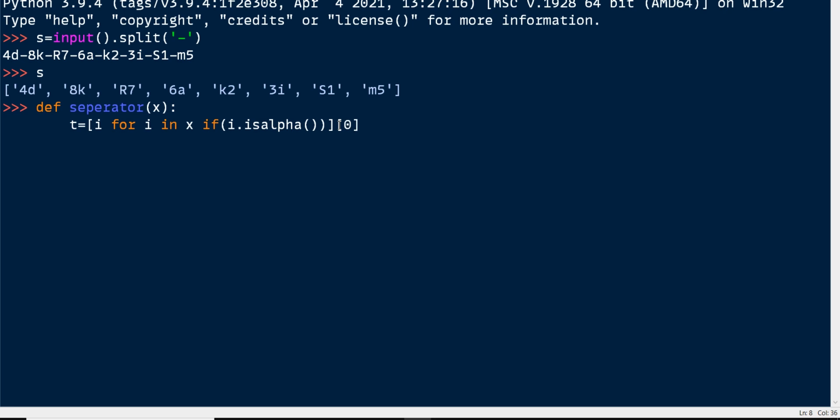Hopefully we will get only one character. So I'm printing this t, and also I'm returning the value x dot replace of t with empty string, and then t. Hope I can do something like this.